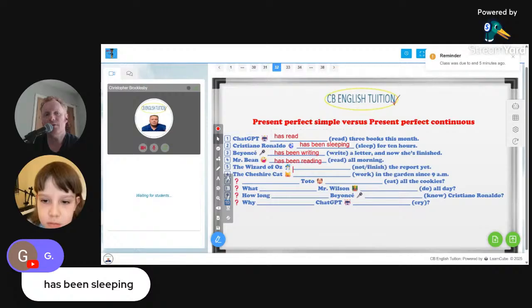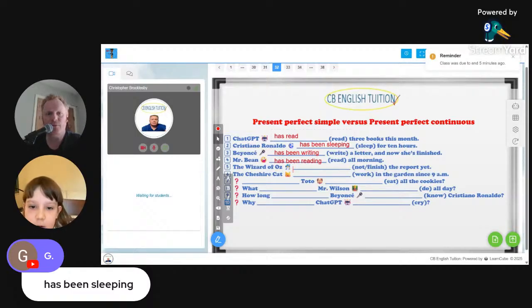And the Wizard of Oz, number 5. What has the Wizard of Oz been doing, or what has the Wizard of Oz done? Okay, Varvara, sorry, one second. Let's let everyone go first. Let's see if they can do it before you. I know you know the answer. If you come into the classroom, Varvara, then you can write. Everyone, number 5. Anyone? Before Varvara can say it, the Wizard of Oz.